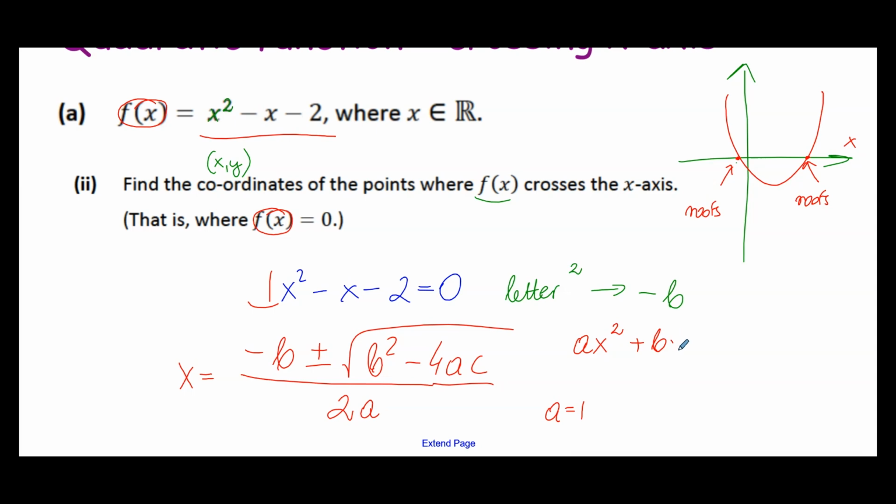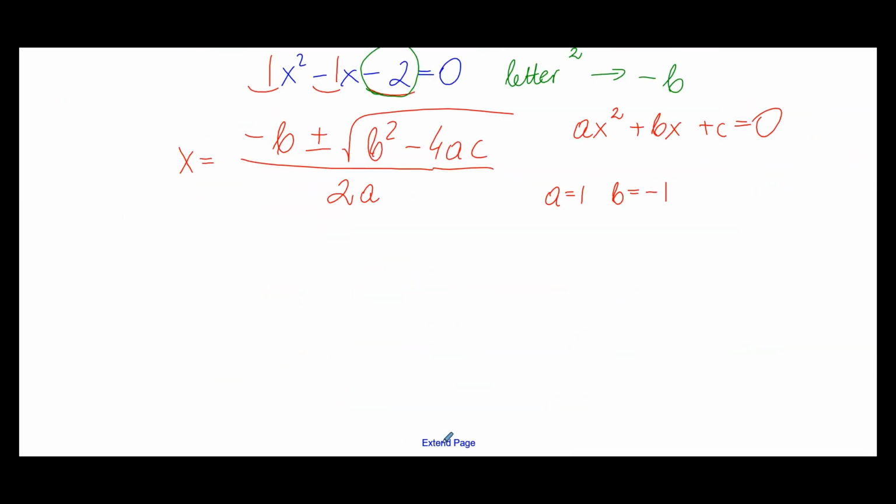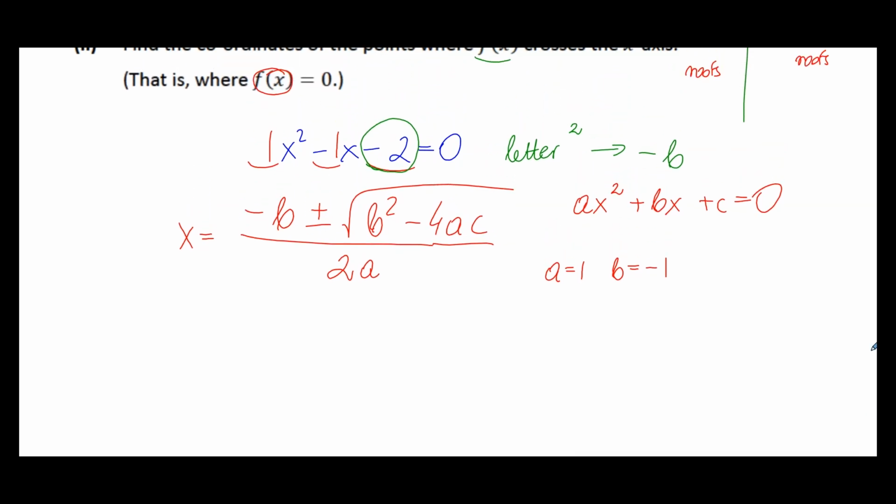And then B is a number that stands beside x. And again, what value stands beside x? We don't have a number, we have minus. That means it is minus 1. So our B is going to be minus 1. And C is the number that doesn't have x beside it. In our case, it is going to be minus 2. Let's not forget that the minus always goes with the number. So now that we identified A, B, and C, where C is minus 2, we're going to